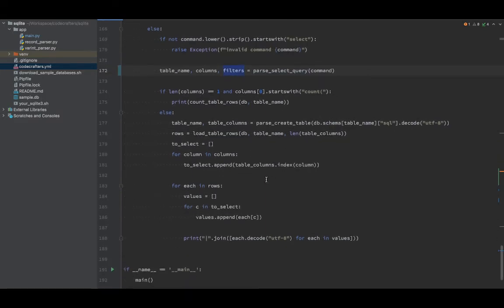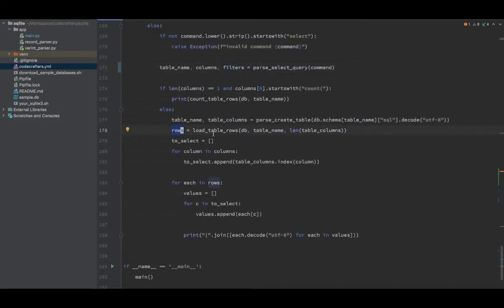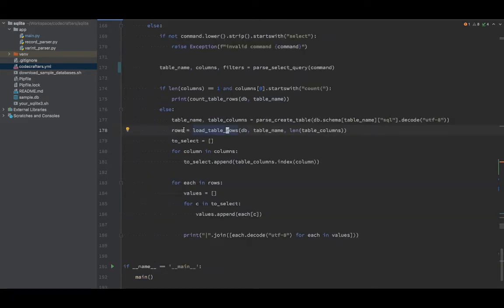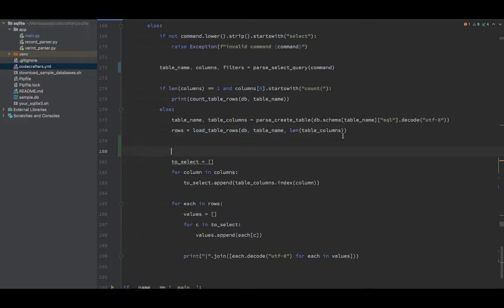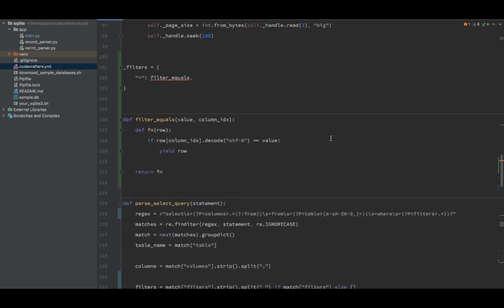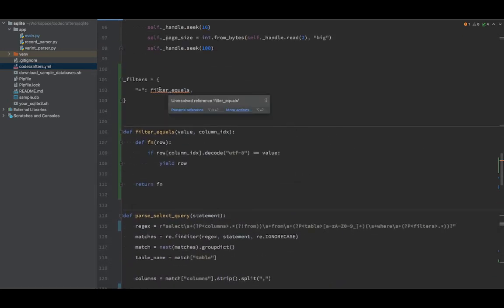We have filters. After we retrieve rows, and this load table rows, actually this one can also be a generator. We don't have to pull everything in memory all at once. But for now, let's focus on this. So we have some rows. Now we figure out if